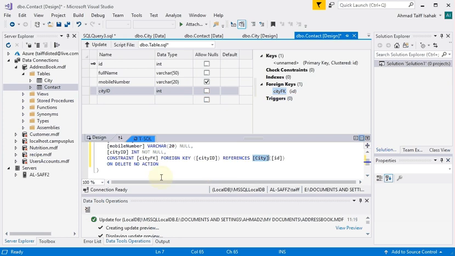Now I have a little something here. Normally you don't see this. Basically here it's saying on delete no action. It can be on delete cascade. So it's on delete no action or on delete cascade. There are a few others, but I think these two are the ones I'm interested in at the moment. So what does on delete no action mean? It means that if I were to delete